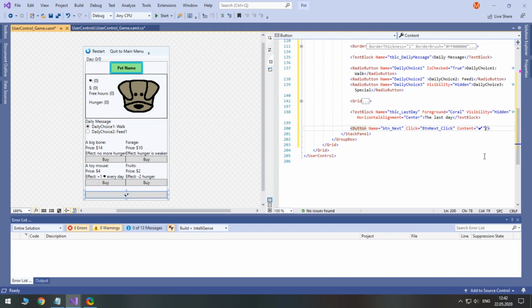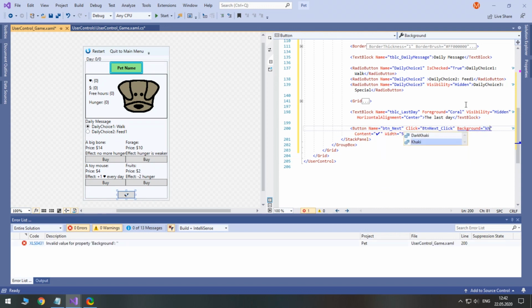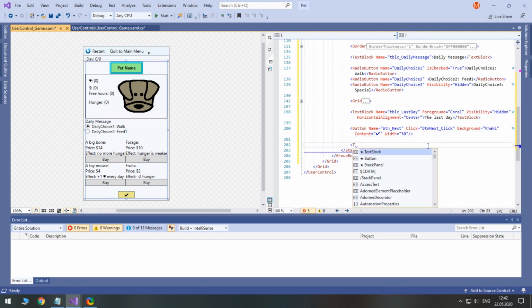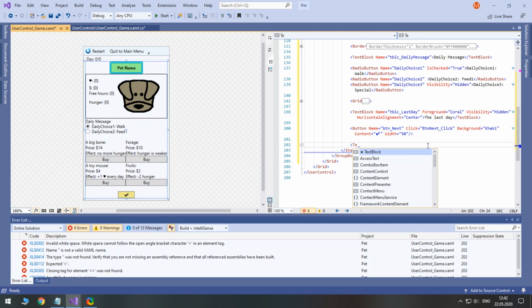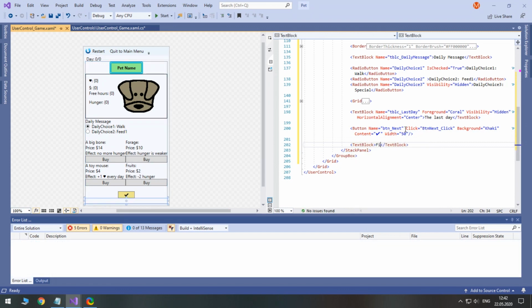We will set its width to make it smaller. Let's add khaki color. We will place two text blocks below showing final happiness and game result.